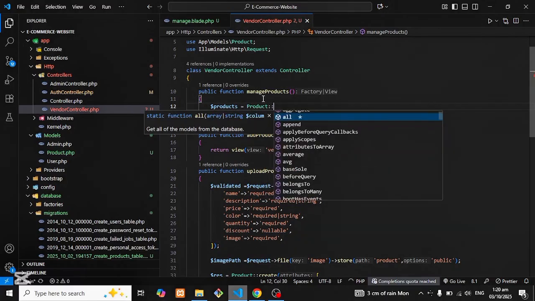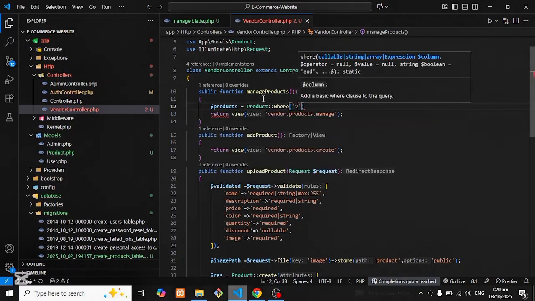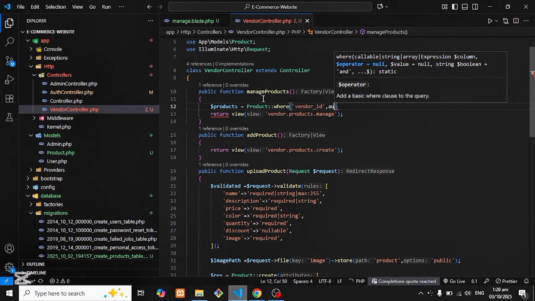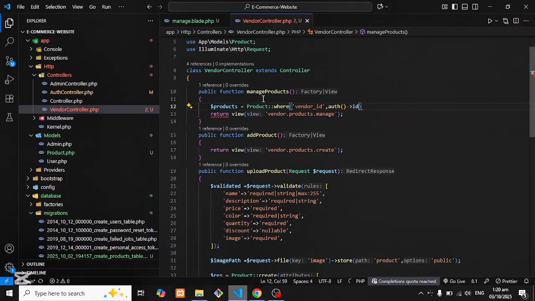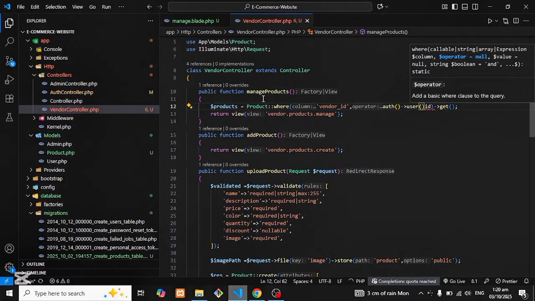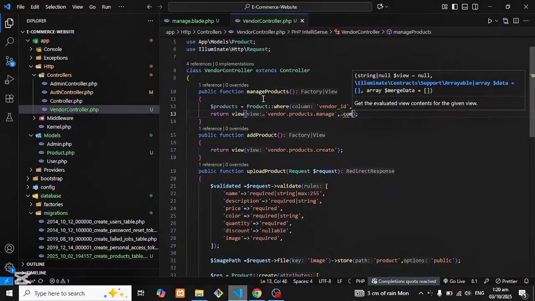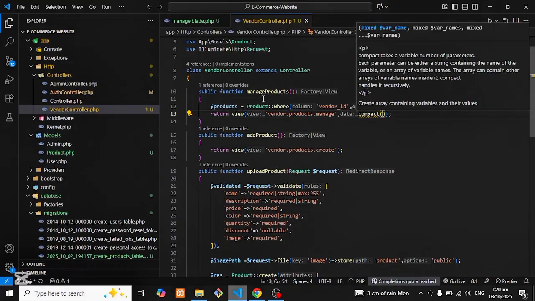Product column where vendor ID is auth ID into get, and, okay, we have to say auth user ID. Now I will send these products